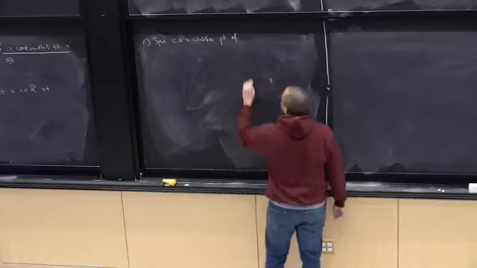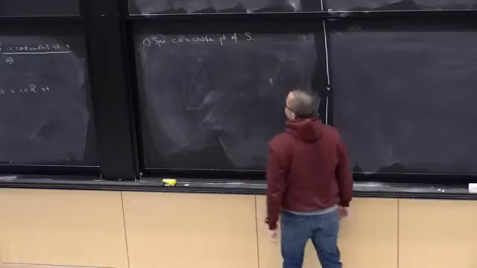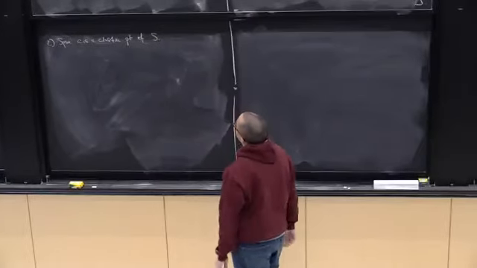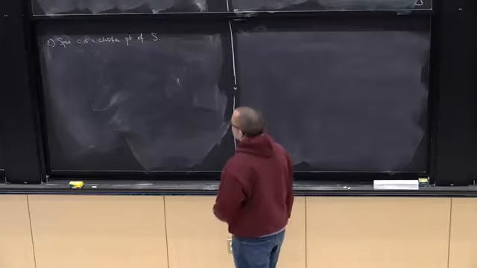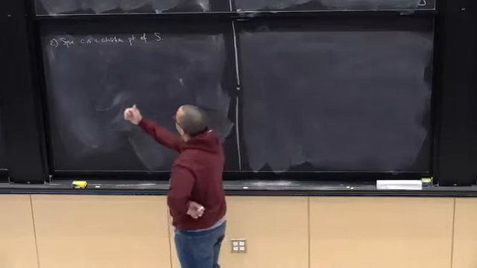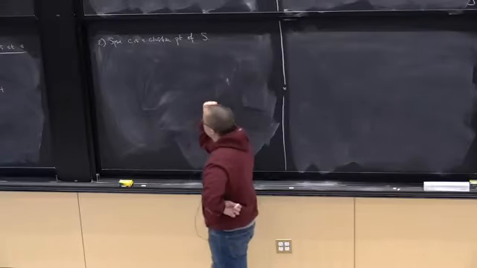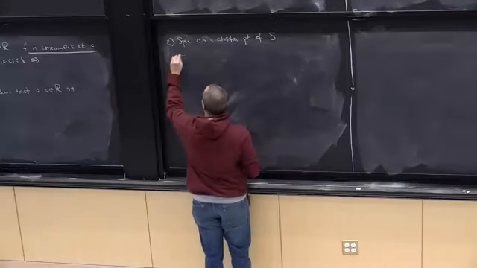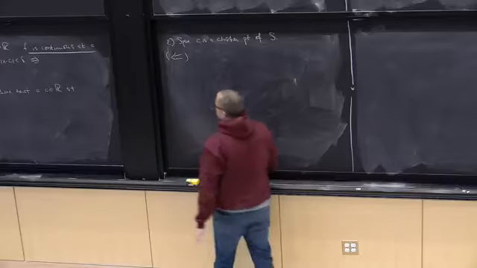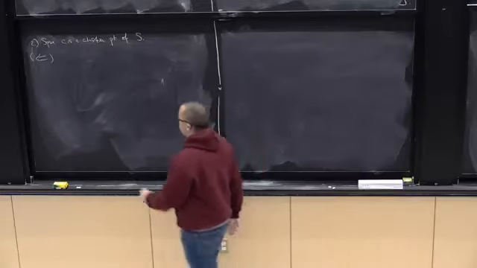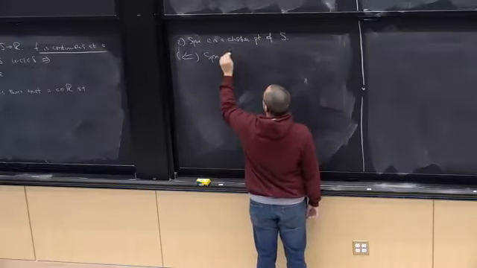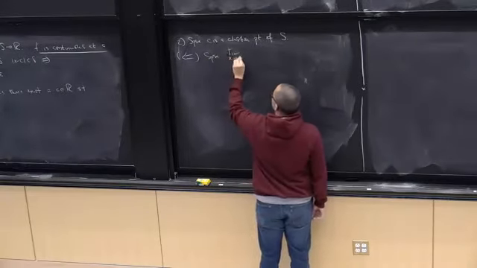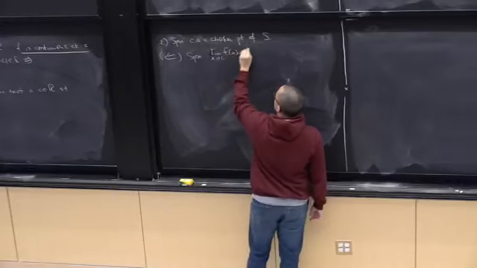All right, so let's now move to the more interesting part, that C is a cluster point. So suppose C is a cluster point of S, and we want to show f is continuous at C if and only if the limit of f as x goes to C of f of x equals f of C. Going this direction is really quite easy, so we're going to go this direction, and you should be able to prove this direction just from what I write down here. So suppose the limit as x goes to C of f of x equals f of C.